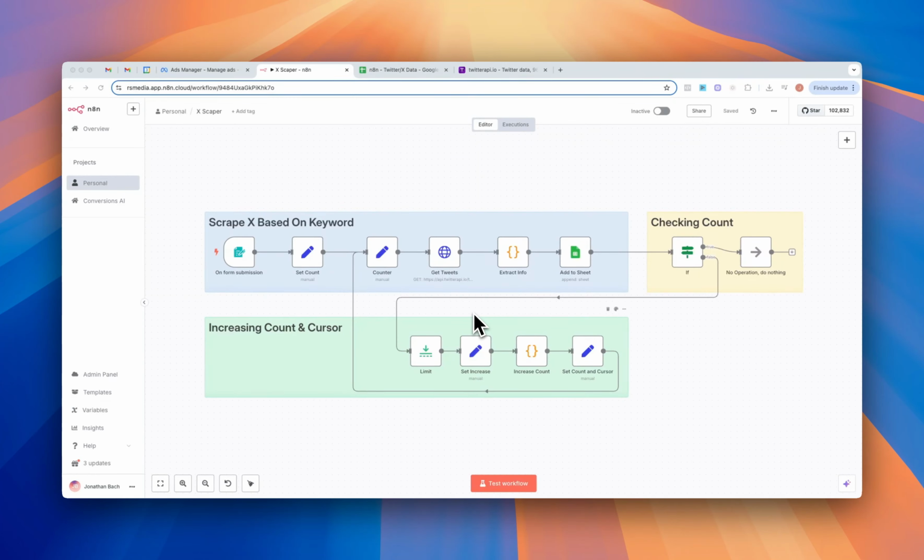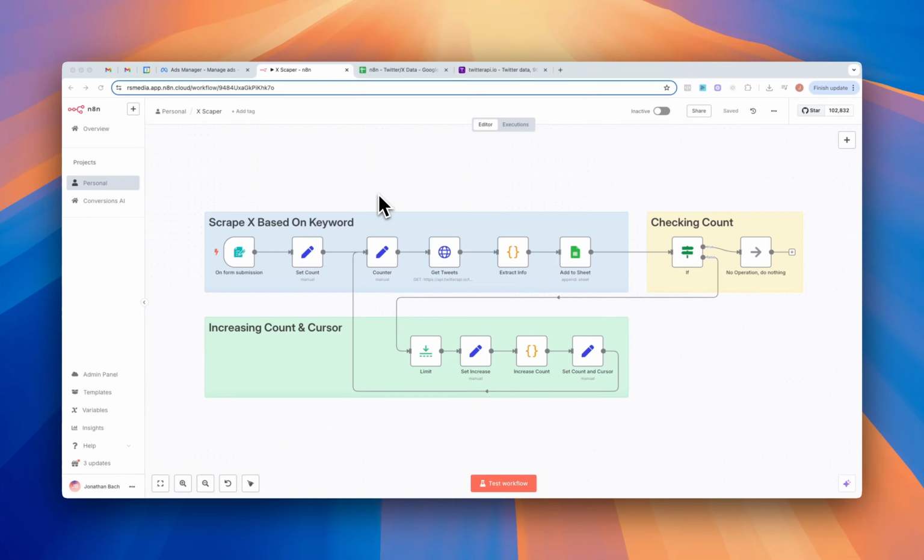Yo, what's up? Back with another flow, and today's video, I'm gonna walk you through a pretty simple, but honestly very helpful and powerful flow, and that is an n8n flow that scrapes Twitter or X based on a keyword that you submit, and then we pull either all of the latest tweets around that keyword or the top tweets